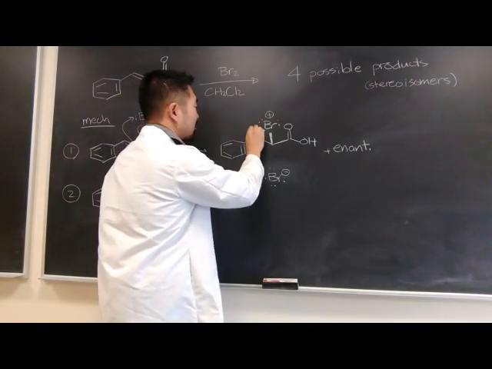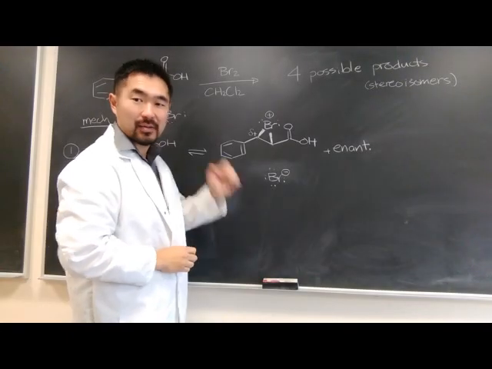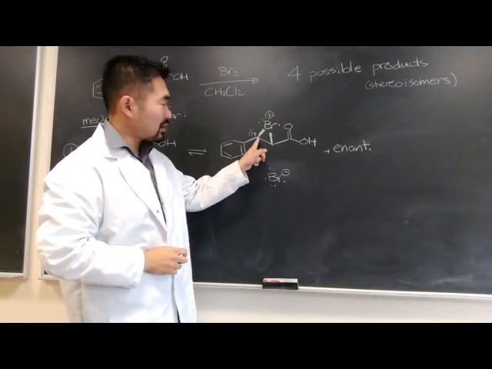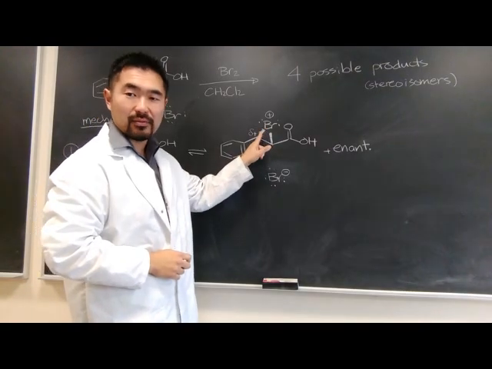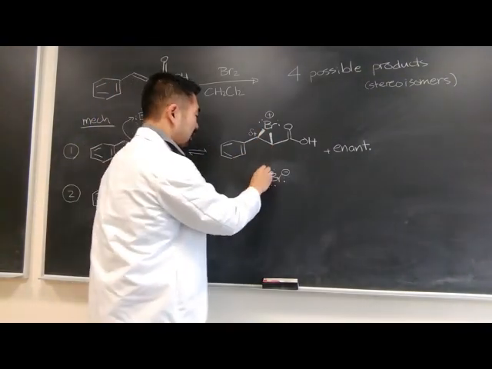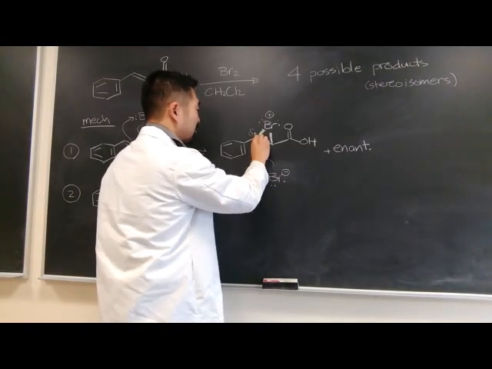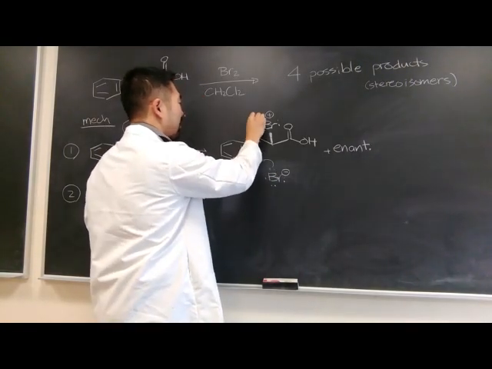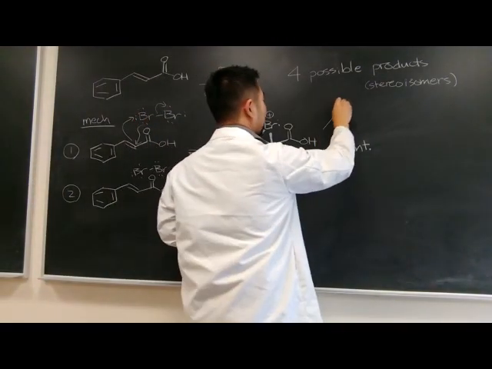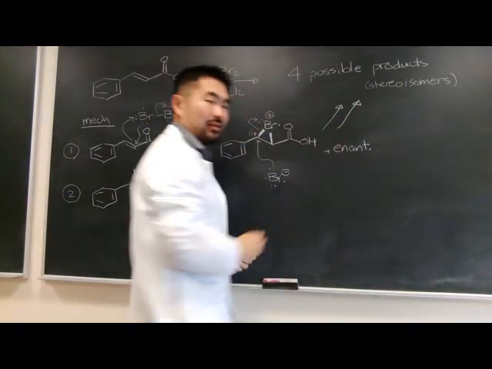And so for that reason, there's more partial positive charge on that carbon there. And not to mention that this three-membered ring triangle suffers from a great amount of angle strain. And so for that reason, the bromide nucleophile attacks at that carbon, and this will lead to the formation of